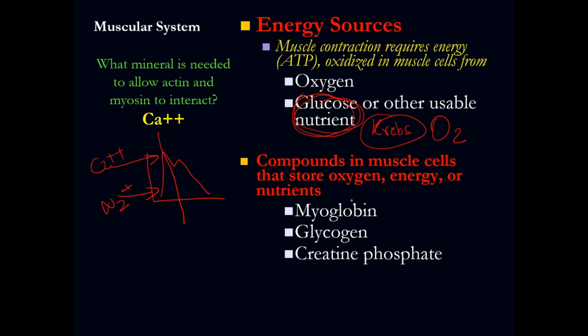Among the compounds of the muscle cells, we have the myoglobin. The myoglobin is actually a globulin. A globulin is a protein that is associated with another group, producing the myoglobin. This myoglobin has the ability to capture oxygen. It's similar to hemoglobin, which is a protein too, right? But this myoglobin is present only in the muscle. And what myoglobin is doing is capturing oxygen.